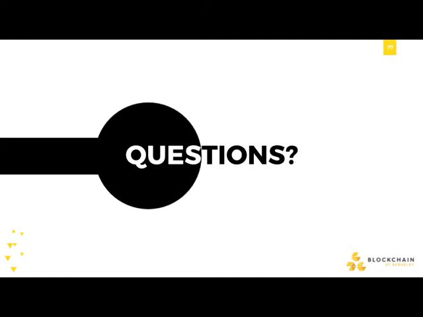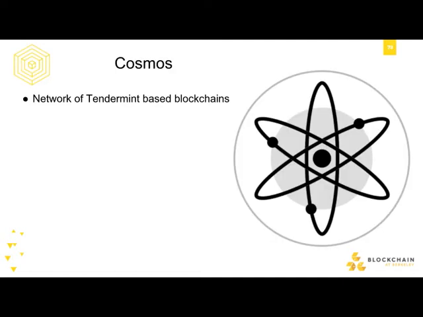Anyway, the next part of this is Cosmos, which is what Tendermint is being used for right now, or will be in the future. Cosmos is a network of Tendermint-based blockchains. To me, the whole value of Tendermint is, one, it's got all the safety and all the transaction throughput power, but then it's a library, not a coin itself. And using the library, the people who made Tendermint are also making Cosmos, which allows it to connect to existing blockchains by putting Tendermint on top of Bitcoin or Ethereum or whatever.